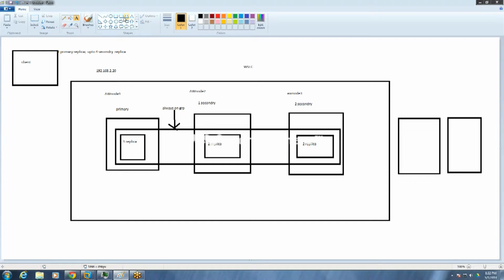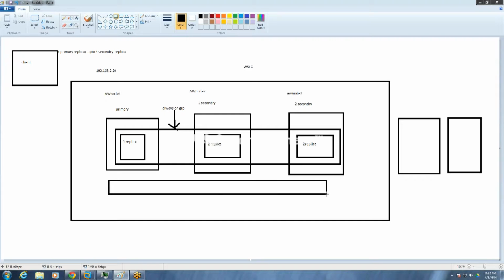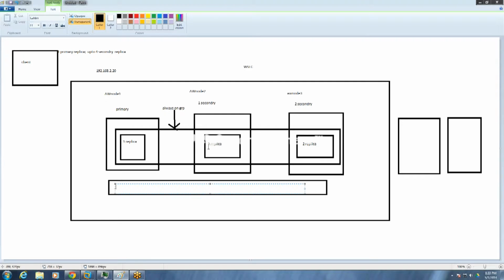But there is another thing called the listener. Suppose this is our listener, and we call it the Always On availability group listener. That's a better term.